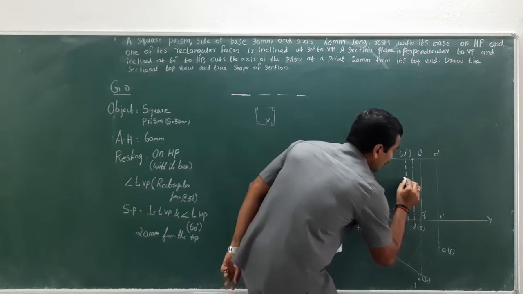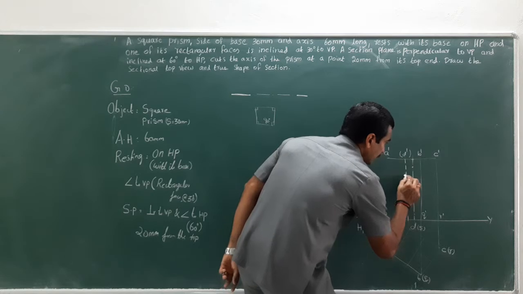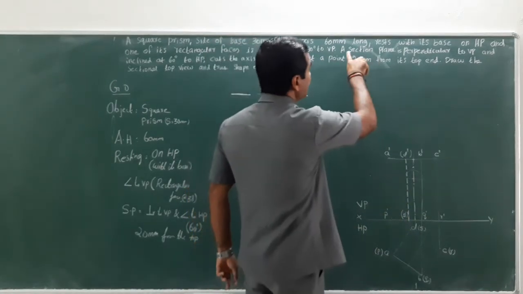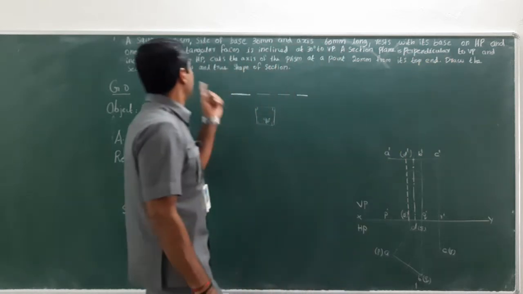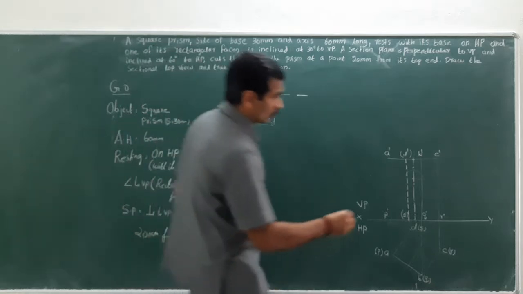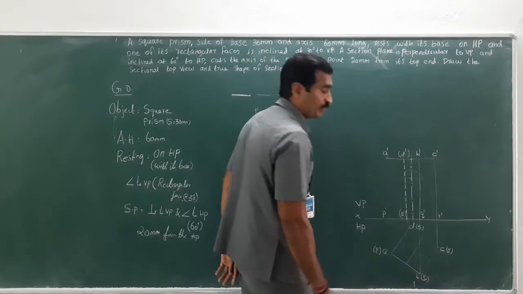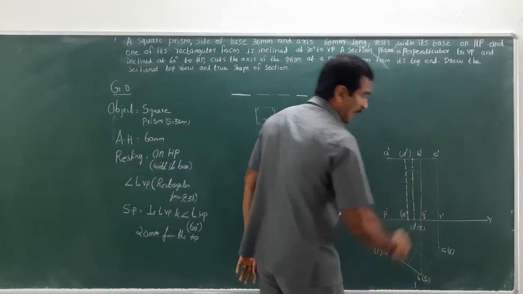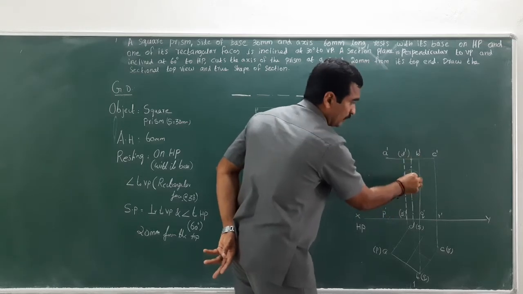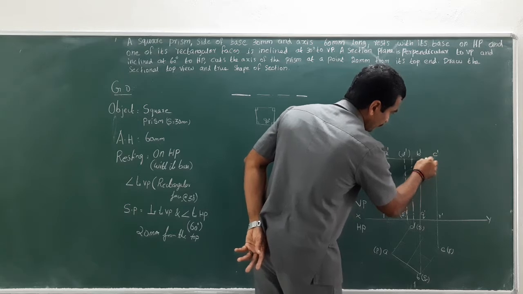Now if you want to draw a thin horizontal line, keep your protractor in this manner. Now take 60 degree because the section plane or cutting plane is inclined to HP at 60 degree. So 45 would be something here. So this could be 60. Now draw a line passing through this point, that is 20 mm from the top. This is the point, right? So draw a line passing through that.